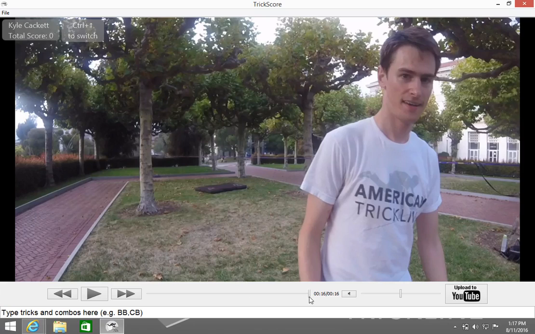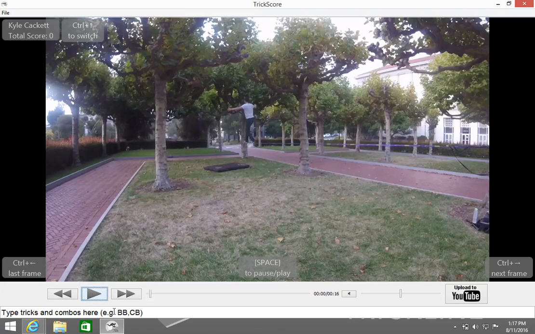And this is going to bring me to my video screen where the video will play. I'm going to scroll the video back to the beginning so I can score. You'll see at the top you've got a text box that shows your current score. We haven't scored anything yet, so it's 0. Then we've got some controls down here, and then this text box where I can type in my tricks and